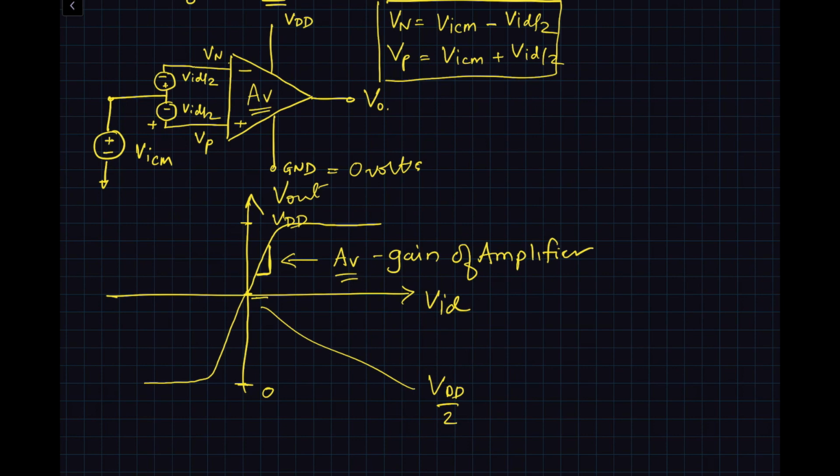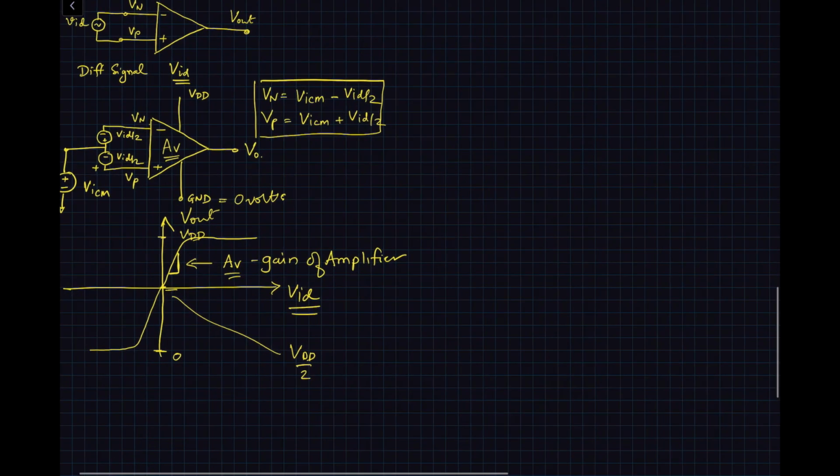we can also, for sake of illustration, plot this transfer characteristics as a function of what we see at Vp and Vn, because in this particular case I'm plotting with respect to Vid, and so it's also important to understand how the transfer characteristics look when we just plot Vp and Vn also. So in that case,